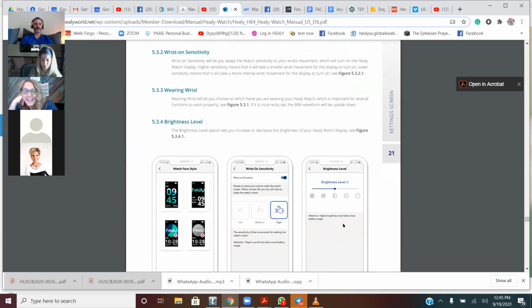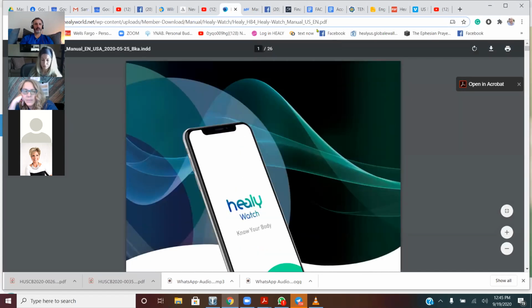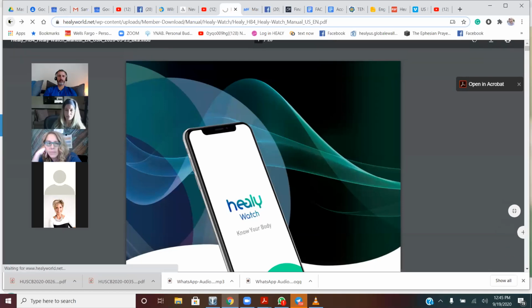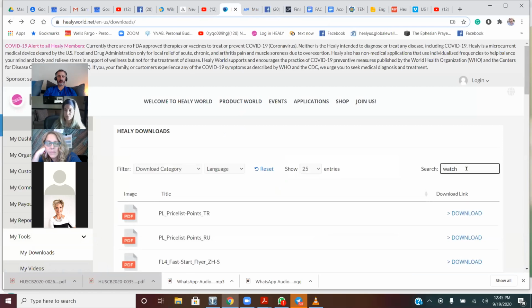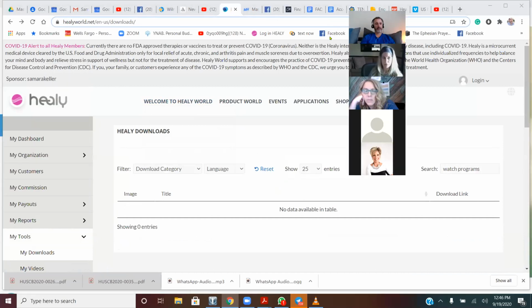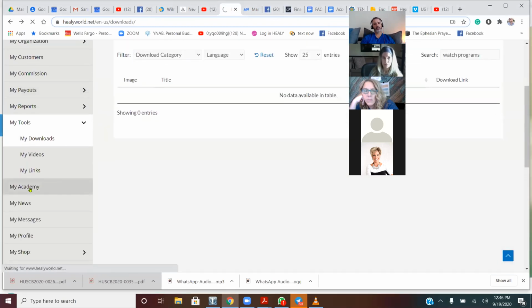Okay, so it doesn't have it. I was just curious to know. I knew that Sadie had told me that you had the watch as well, and I thought maybe there was something really quick and easy. I love that thing. But I couldn't find it, so I didn't know if maybe it gives the little detail. I don't see anything. So the other thing I might do is go in here and go under My Academy.